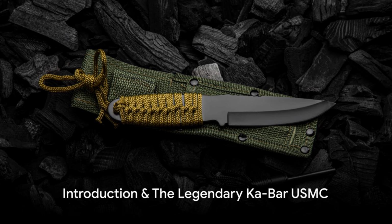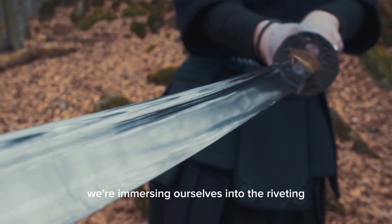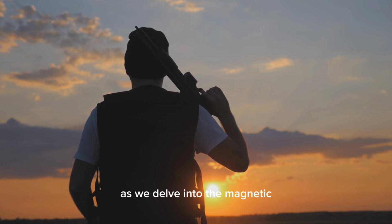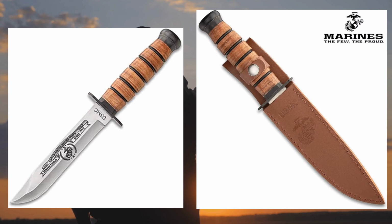Have you ever pondered the top-notch combat knives utilized by the US military? This very moment we're immersing ourselves in the riveting universe of tactical blades, kicking off with an outstanding legend. As we delve into the magnetic sphere of military standard knives, it is inconceivable to sidestep the legendary Ka-Bar USMC